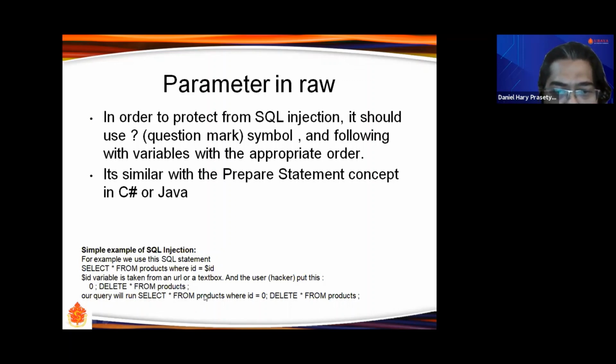Select from products where ID this one, because the $ID variable will be replaced with this one, and this is the correct SQL statement. It's not an error, but you can see our data will be erased.